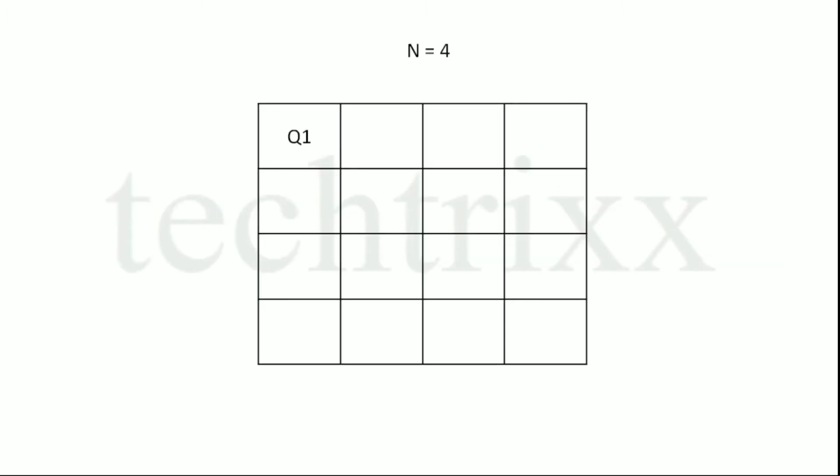So for example, let us say that we are given a board of size 4 cross 4. Now to solve this problem we will try to place all the 4 queens on the board one by one, and at each step we will check if our currently placed queen can attack or can be attacked by any other queen or not. First of all, we place queen 1 in the first column of the first row. Since this is the only queen on the board till now, there is no question of attack. Now we will try to place queen 2.